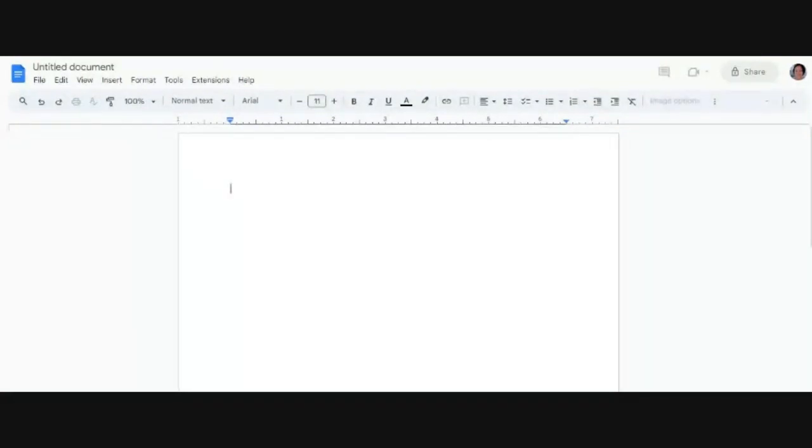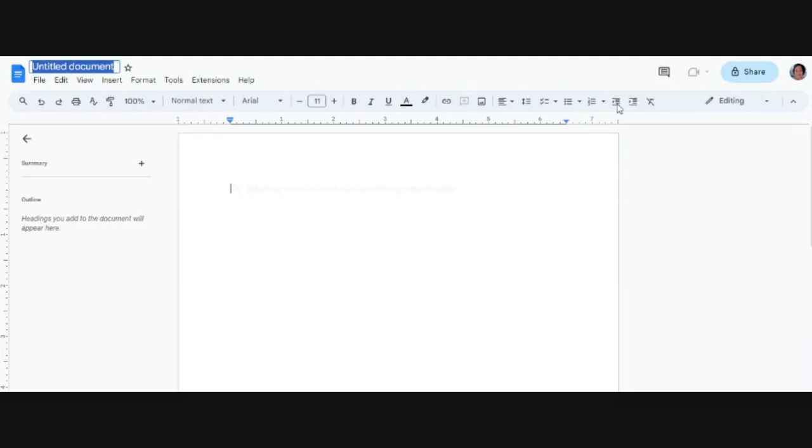You can use Google Docs to write your letters, your notes, or any other thing that you have been using Microsoft Word for. However, Google Docs will enable your collaboration with your team members. So you can be anywhere, with your team members being anywhere in the world, and you can all collaborate and work together with Google Docs. So you can write the title here. Once you create a new file, it's an untitled document.